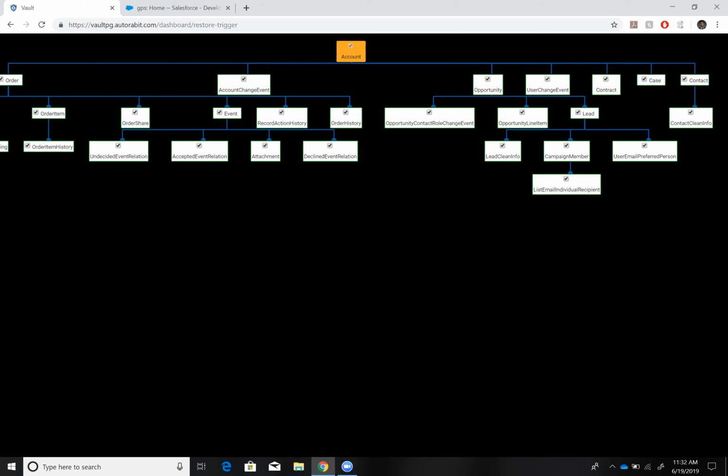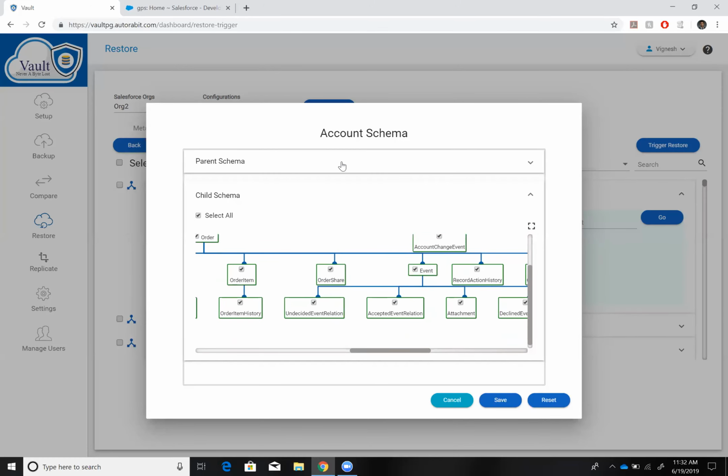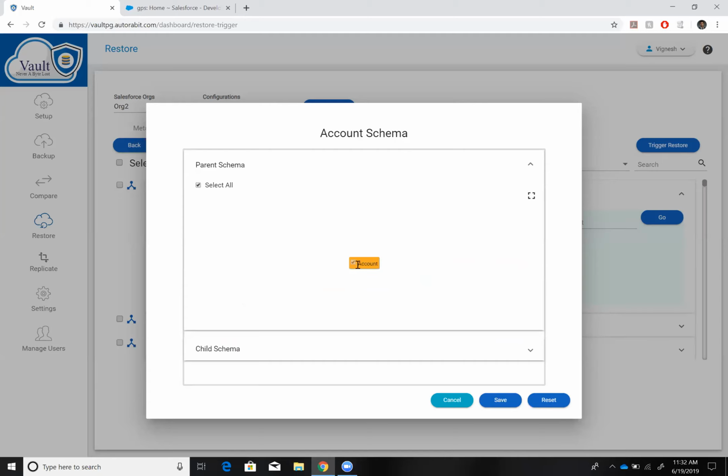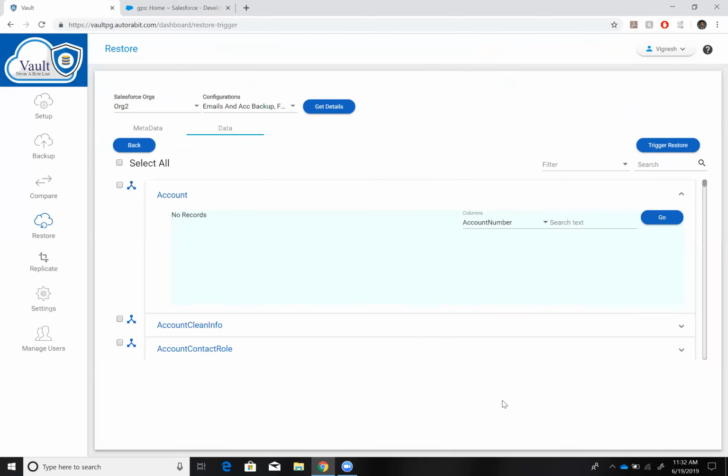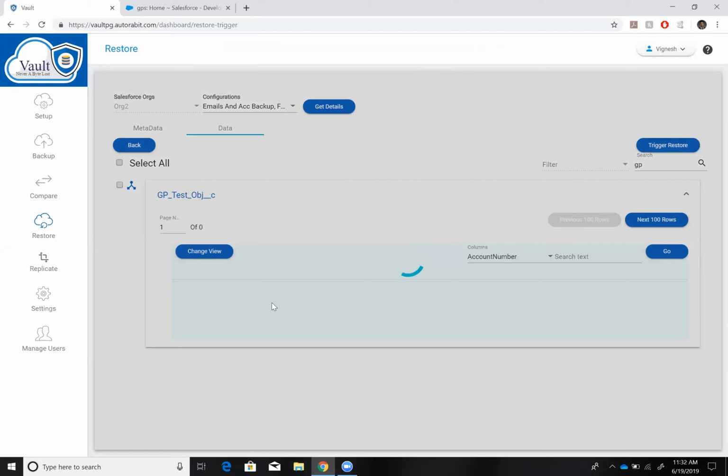So you can go ahead and cherry pick individual objects on the child level as well as on the parent level as well. But on the parent side, you can see there's only the account object reference. You don't have a parent above account that we are referring to at this stage. So I'm fine with how the settings look. So whatever objects are right here, I want to move them to the target, but also I want to make sure that I'm moving records from this